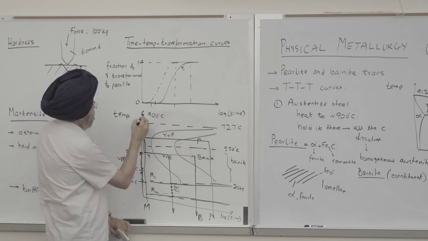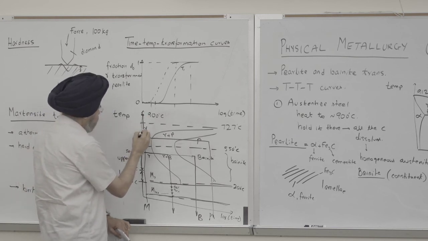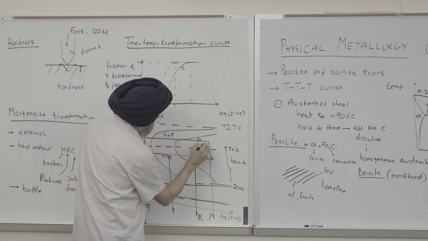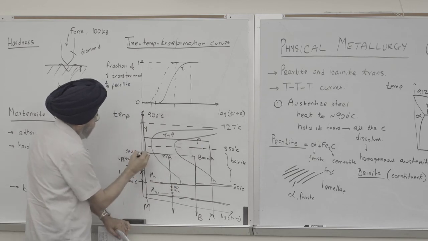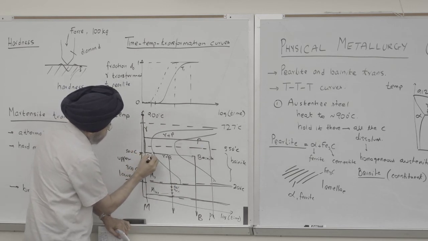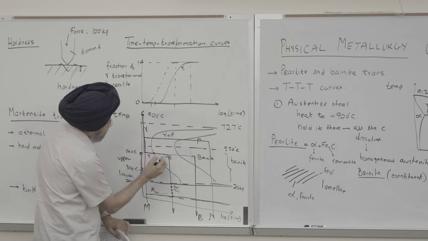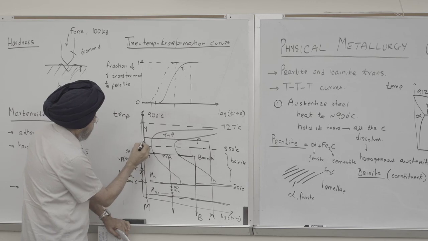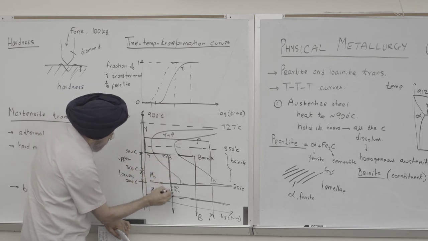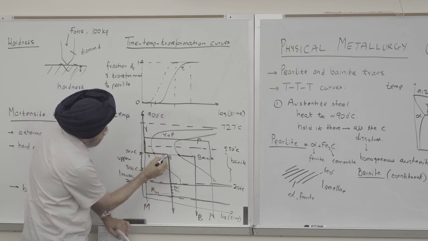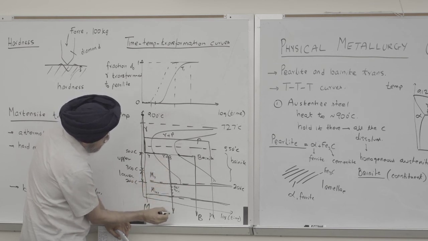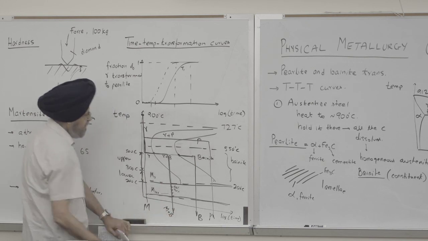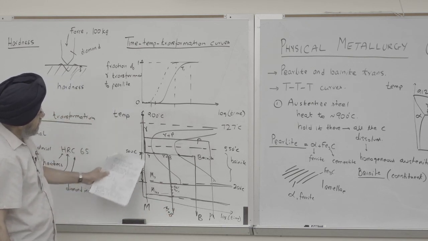So just to recap, if I'm here and I come down to this point, I'm still in the gamma, I can go isothermal, form pearlite, whereas if I come here, I go this way, at this temperature I start forming bainite, this temperature it is formed, then I quench, I get all bainite. In this case, if I come here and I quench, this portion that is still austenite forms martensite when I quench it. So this would be martensite plus bainite. So these are the various